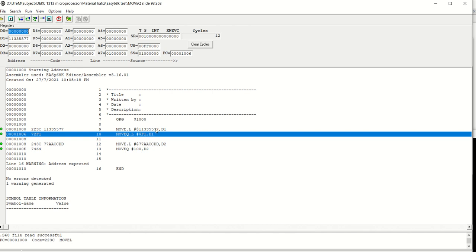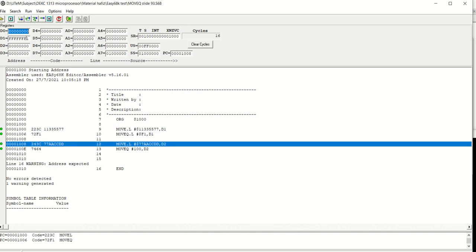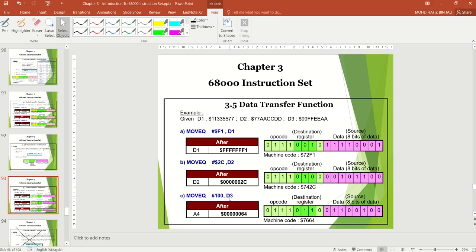So it will change this one: the 57 will be replaced by F1. The rest will become FFFF, giving FFFFFFF1. This I have also explained: it is because of sign extension.